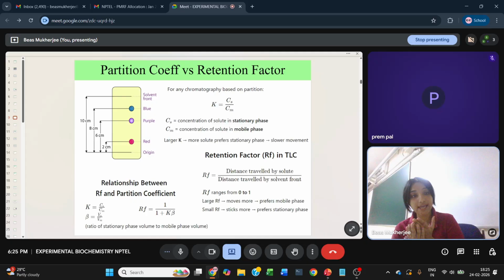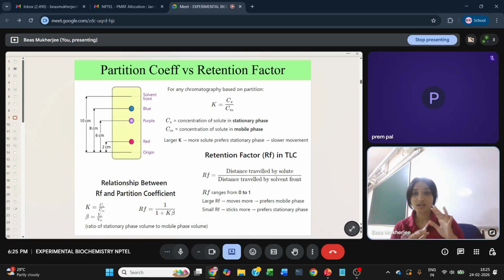It is referred to as K or KAV. So what is K? A larger K means more solute prefers the stationary phase, that is, slower movement. If it is stuck to the stationary phase, it is moving slowly. But if it is more soluble, then it is going to move very high up with the solvent,